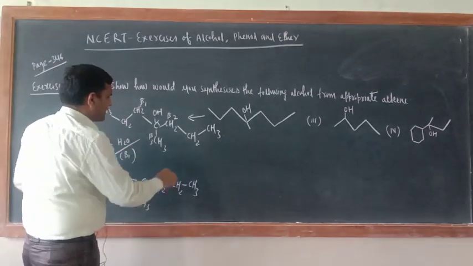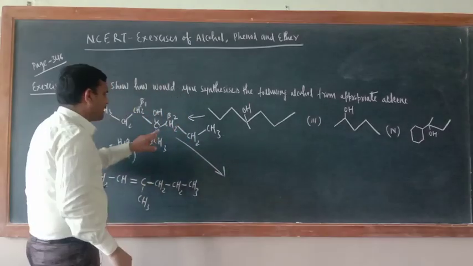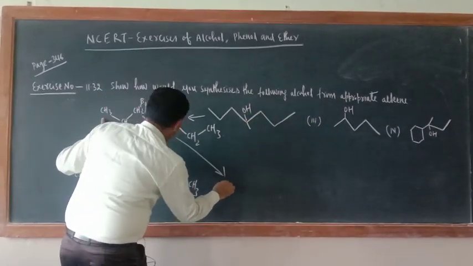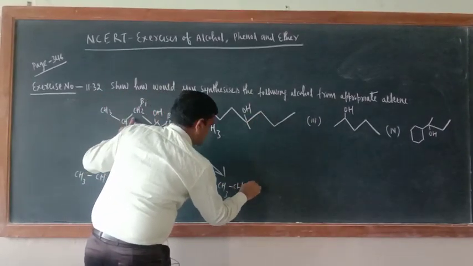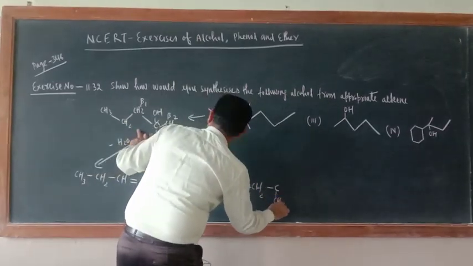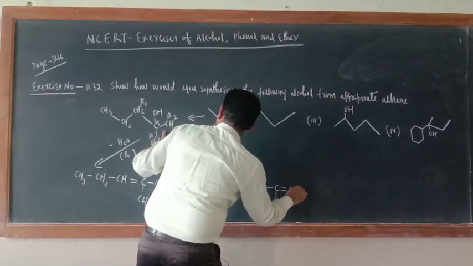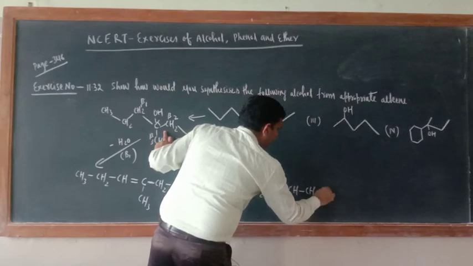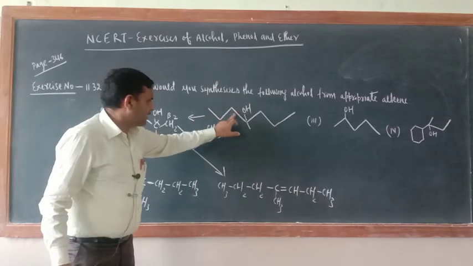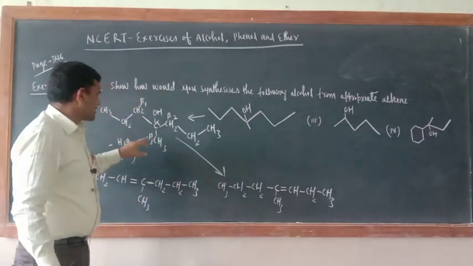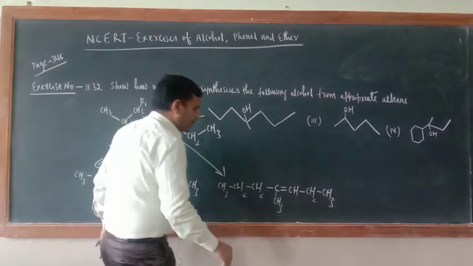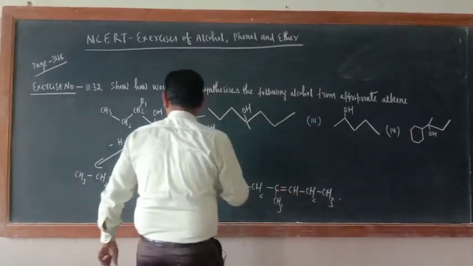Okay, suppose it is eliminating from beta 2. So here the double bond will be generated. Just see, CH3 CH2, here C, and here CH3, and here double bond CH, here CH2, and here CH3. Correct. Now either side, here or here, one more chance is there. If it is eliminating from here, the double bond would be generated here. Just see, the third possibility.